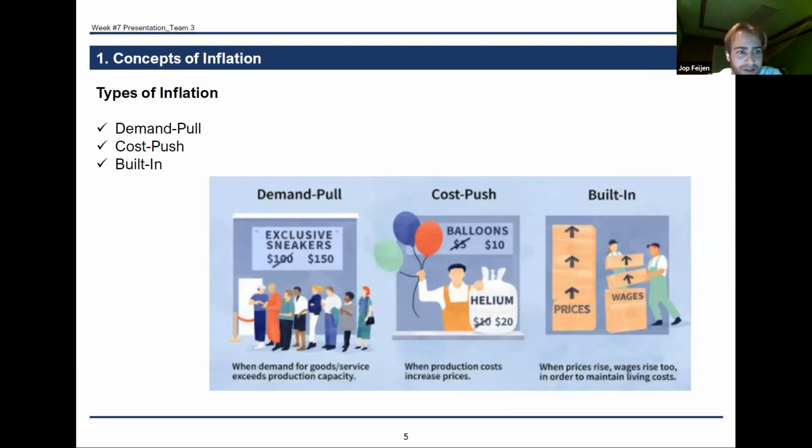Firstly, the demand pull effect. Demand pull inflation occurs when an increase in the supply of money and credit stimulates overall demand for goods and services in an economy to increase more rapidly than the economy's production capacity. This increases demand and leads to price rises. As seen on the slide, if everyone suddenly wants to buy a new pair of sneakers, but the supply can't keep up, the price will shoot up, so that demand and supply will meet somewhere else.